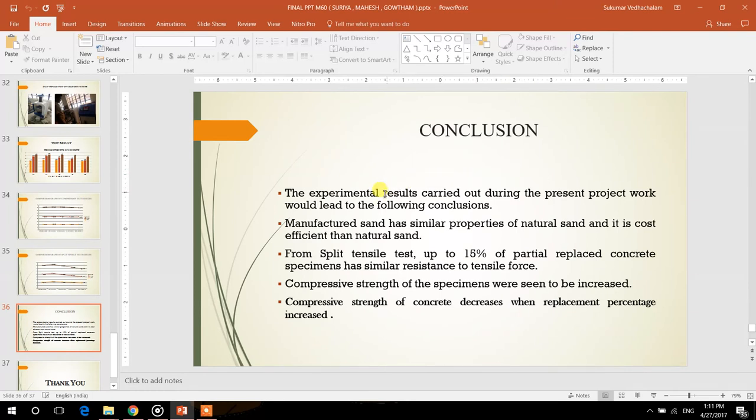And the conclusion. The experimental work carried out in the present project leads to the following conclusions. Manufactured sand has properties similar to natural sand and is more cost efficient than natural sand. From the split tensile test, up to 15% partially replaced concrete specimens have similar resistance to